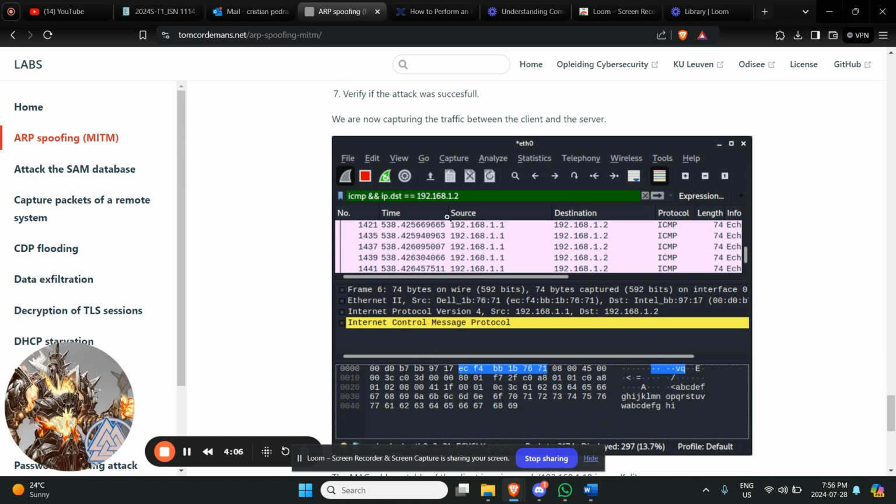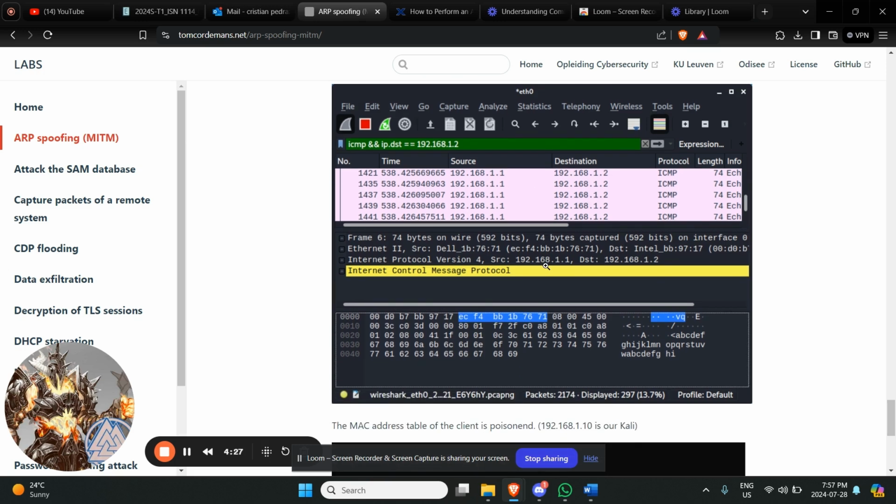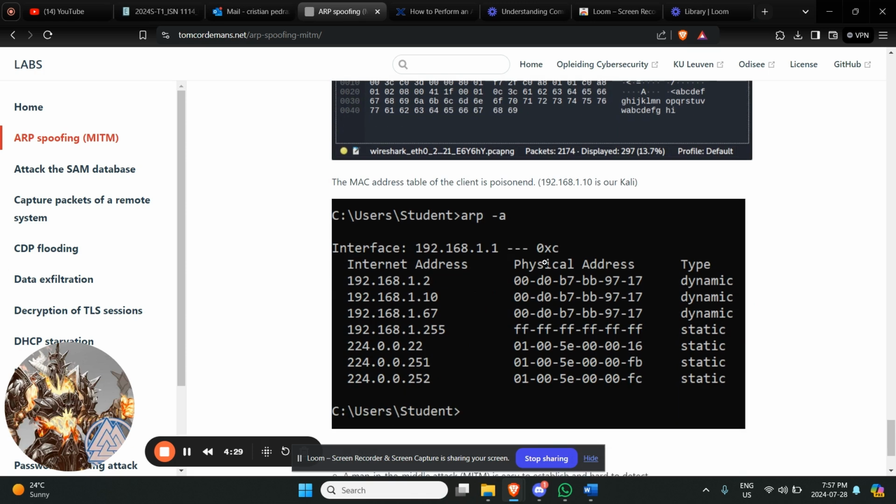that all the traffic between the source 192.168.1.1 going to 192.168.1.2 is being captured. So we are in the middle listening and sniffing all the communications between the host and the server. Also, if we go to one of the host or the server and we execute the